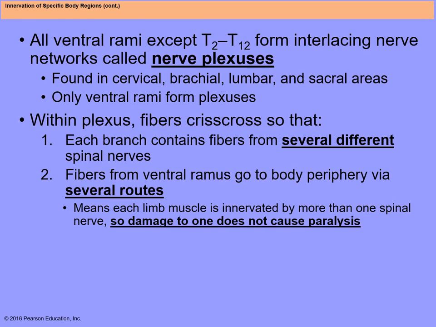You have several different nerves coming from several different areas, so that if there is damage, say to just one spinal nerve, because you have this plexus coming in from several different nerves, the extreme branching, then damage is not going to cause complete paralysis, ideally. It's kind of like you have,